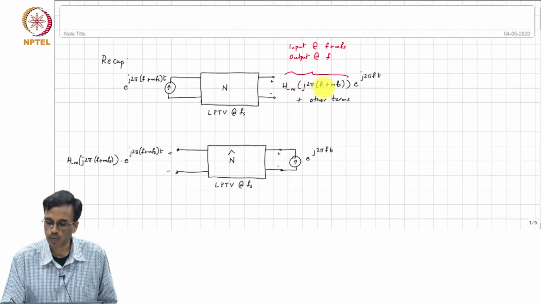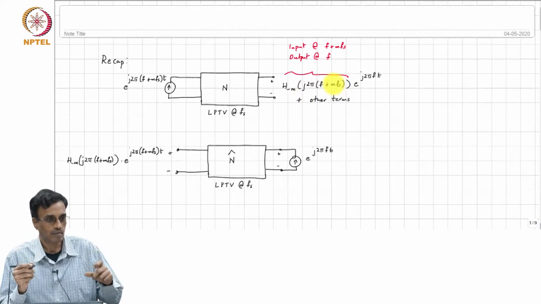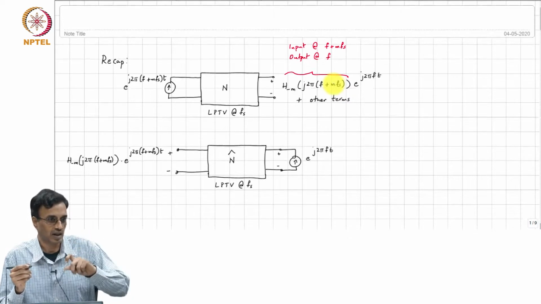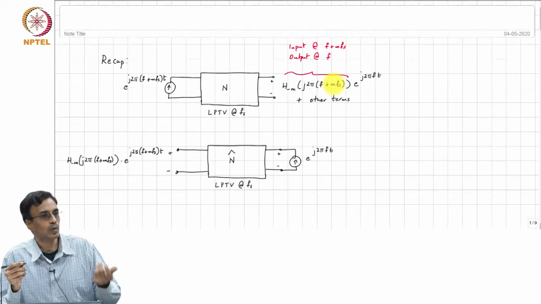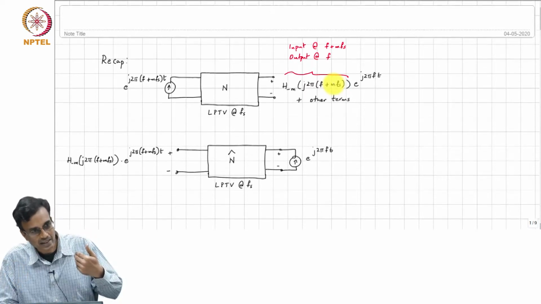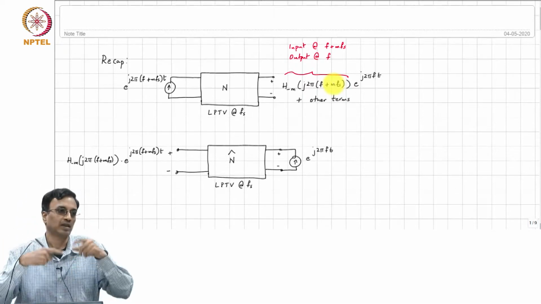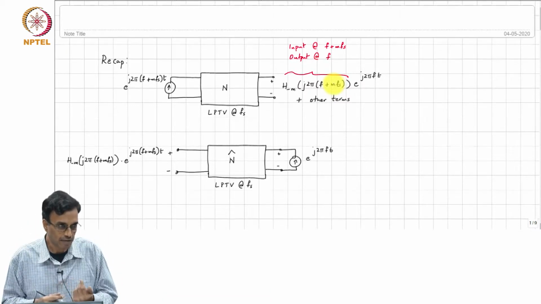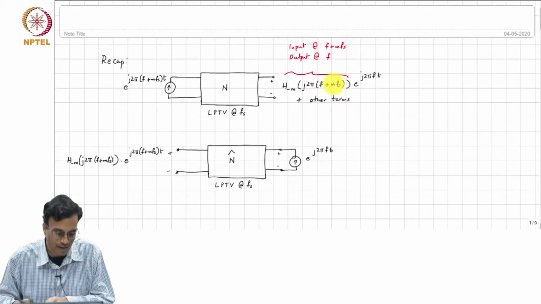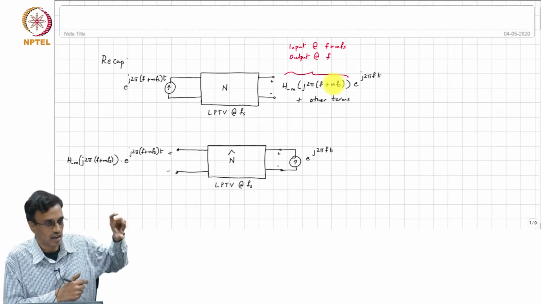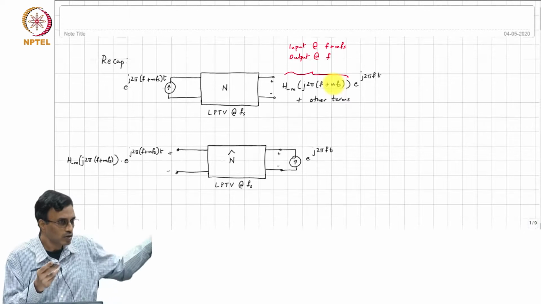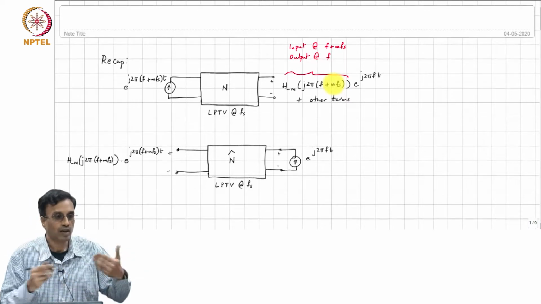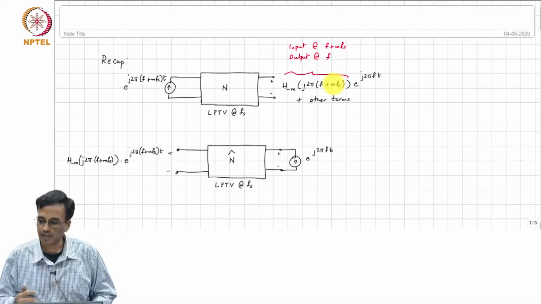Therefore, if you want to find all h sub minus m of j 2 pi (f plus m Fs), rather than do this one at a time, where you keep changing m and measuring what the output is at f, it is much smarter to work with the adjoint network. You excite the output port of the adjoint with your desired output frequency, which is f, and then automatically whatever develops across the input port, when you expand it in a Fourier series, each of those coefficients will give you the h sub minus m of f plus m Fs. And